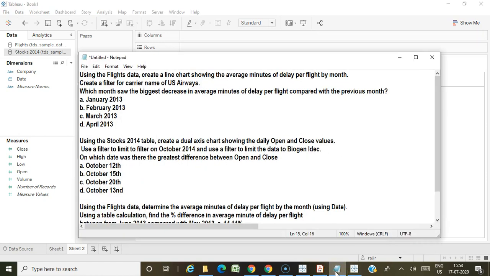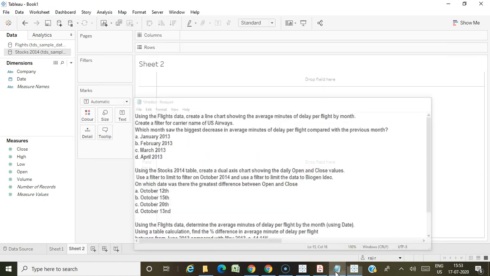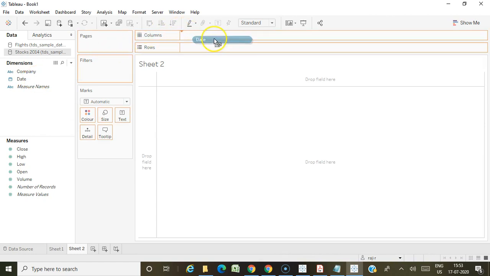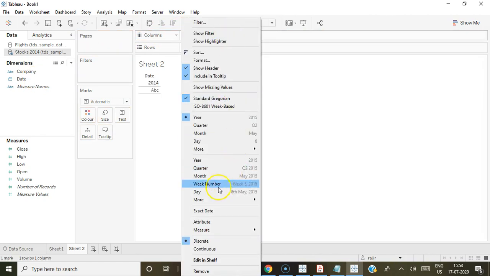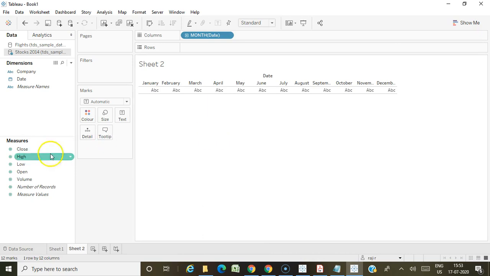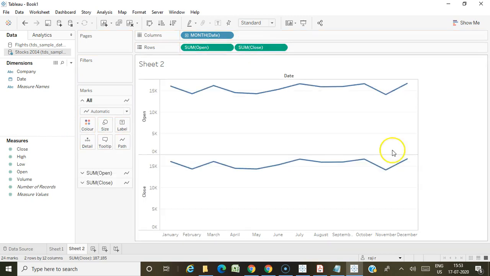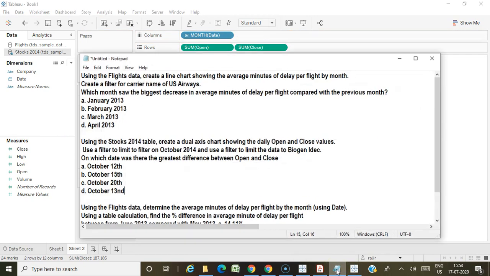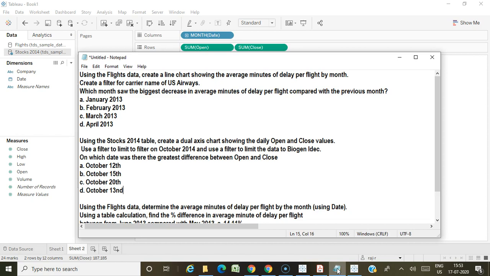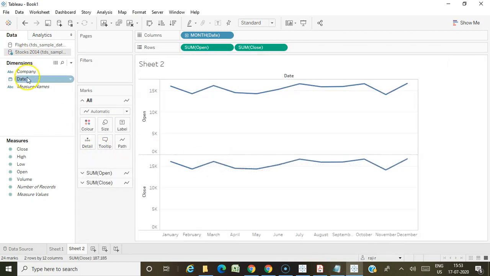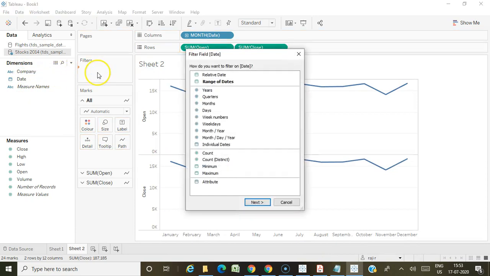So now we have to create a dual axis chart. So let me take the date, change it to month again, and let me use open and close. I have to use the filter for October 2014, so I'm using month and year.